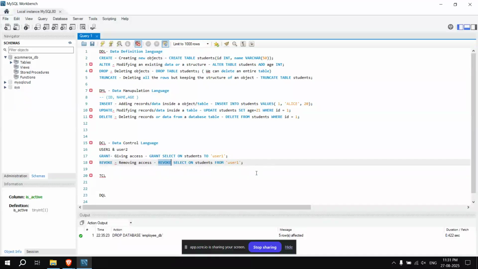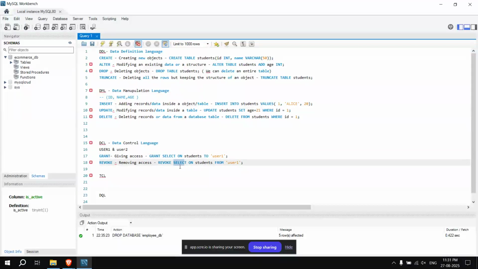And then the select command. Suppose this user has multiple permissions, like read permission, update permission, many kinds of things. But here, as you can see, it has only the select permission. That's why we'll be removing only the select permission from it.